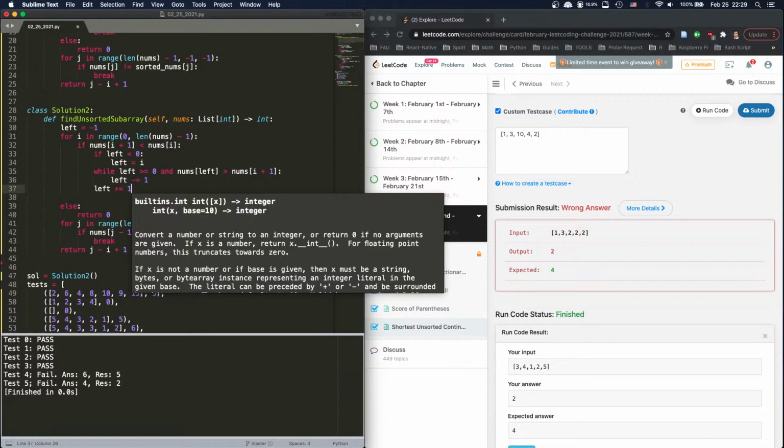So how can I not change left? Can I not change left? Hold on, maybe we don't need to change left. Let's just make left as the one value in front, right? If we make left the one value in front, and then we compare, and if it's larger, then we keep doing this, and if it's smaller than nums[I plus 1], that means we just, that is the,